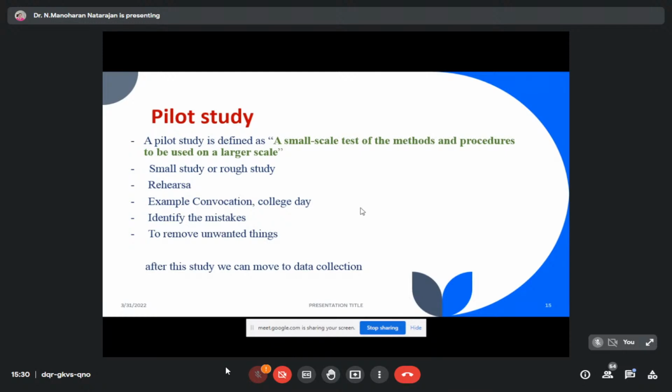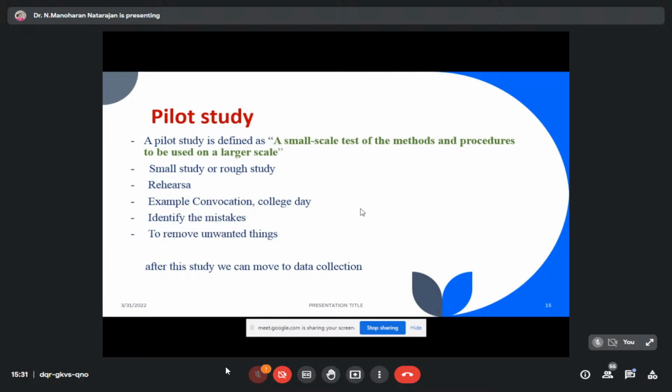The method should be the same, and the procedure should be the same, but the volume will be less. Why? Because we have to find an appropriate solution. After this study only, we can go to the data collection. Previously, what we have done are formulation of